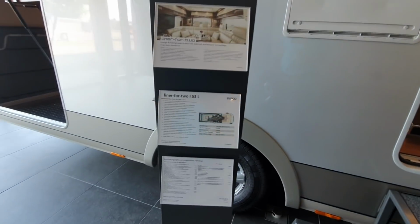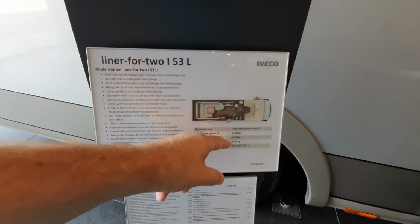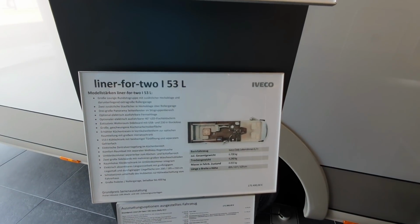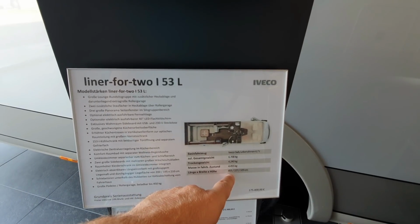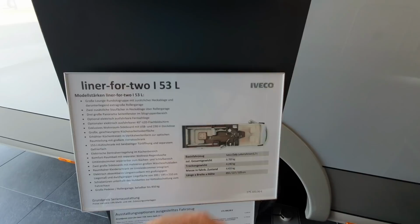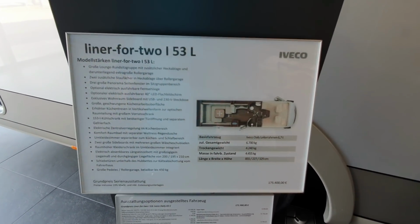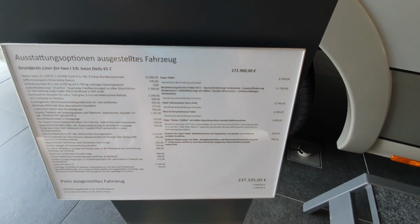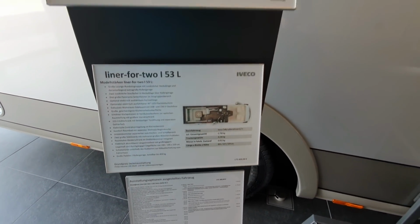Okay, let's have a look at the details. So you can see this is on the Iveco Daily with 6.7 kilos of payload. Empty weight is 4,240. So that'll give you, well, 2,460 kilos of payload. Well, it's probably enough for you. 855 centimeters long, 227 in width, and 329 in height. Perhaps I should have said only 227, because it's the same as most of their others, except for the C compact line, which is 15 centimeters shorter. Well, I said €250,000. I actually exaggerated a bit, but I did say after you put some fuel in it. So, okay. So the garage will hold 450